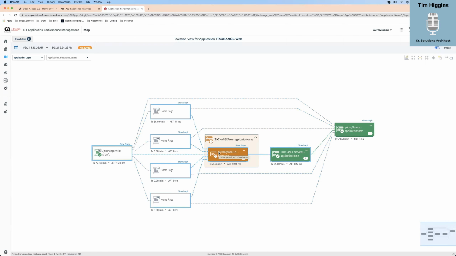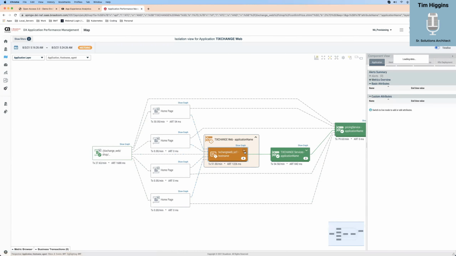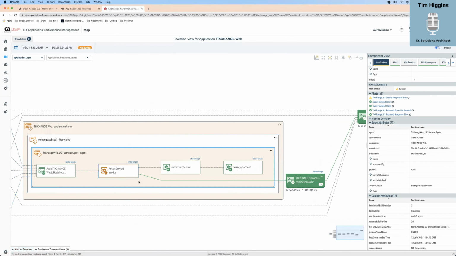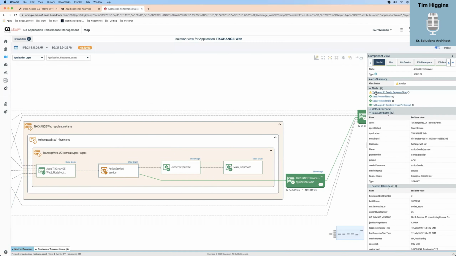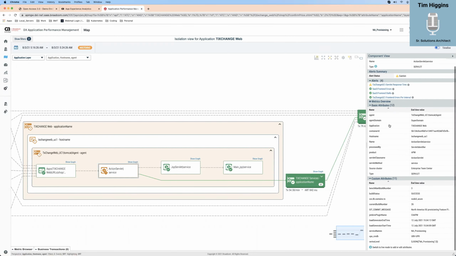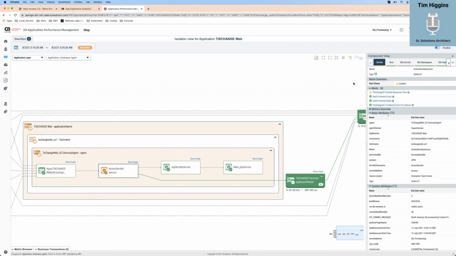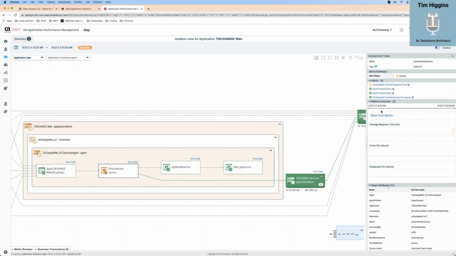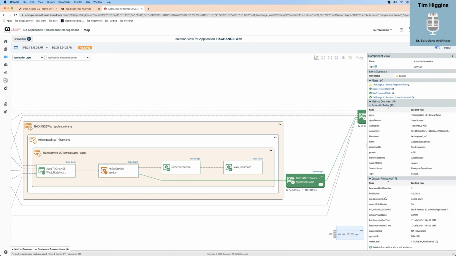I don't know what color this looks to you. It almost looks brown to me. This is more of a caution than an error. And it looks like it's this servlet right here that's having issues. Say the caution. Now these, I didn't talk about these, but these are basically properties if you want to. You can set these, now it's called attributes, but to me, they're kind of like properties. And I can click and see the metrics from here, but you can change some of these. You can create some of these.